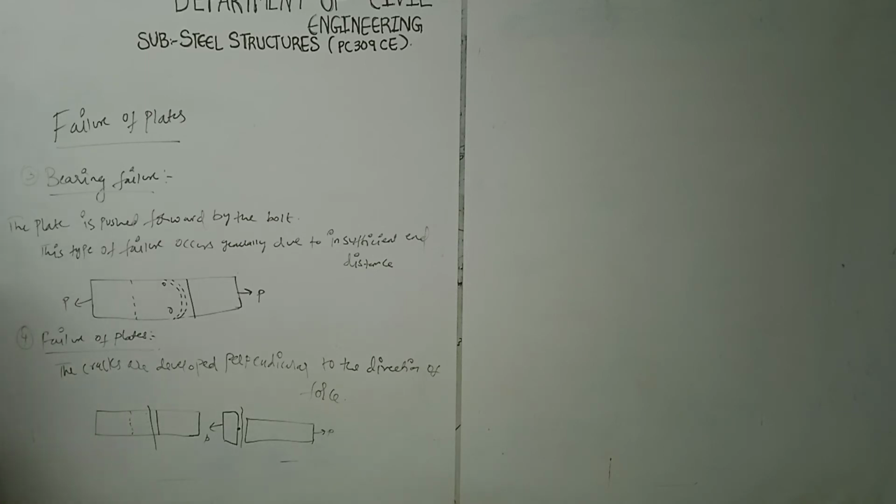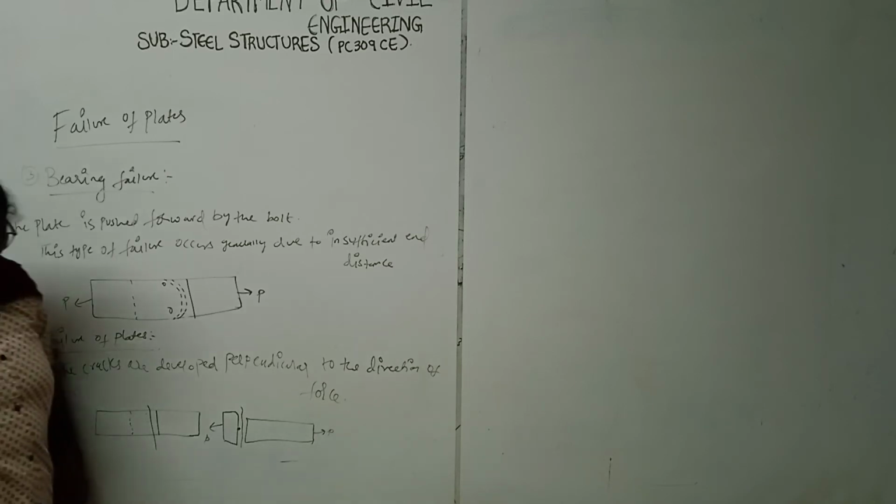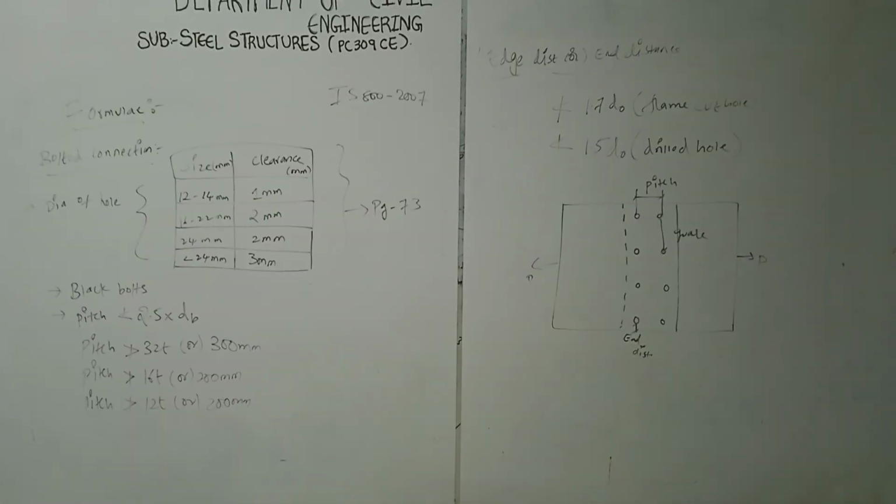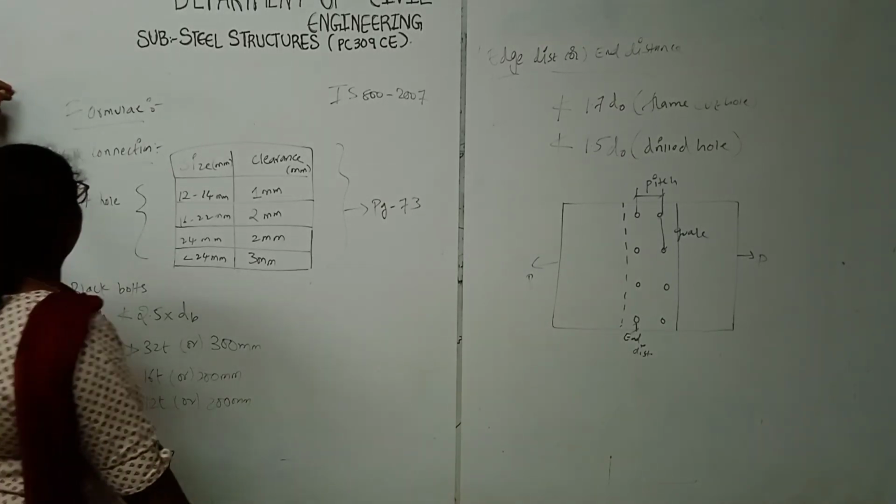So I forgot to tell you about the physical properties and mechanical properties of the steel. I'll explain that in the next video. So next we will be going to the formulas which are available in your code book. There we will be studying about strength of your bolt and shearing, bearing, tearing of your bolt and plate, right? See here we have got some formulas for the bolted connection.